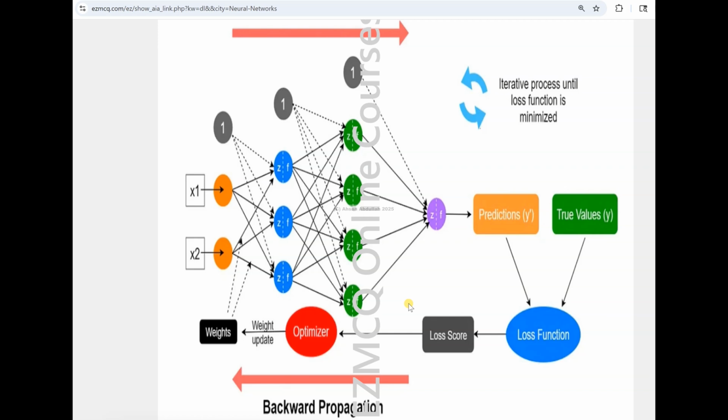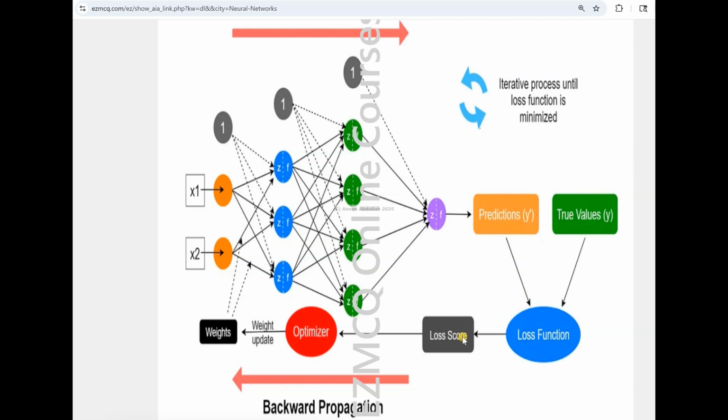So, how does the neural network learn from data? This is the neural network, and this shows the entire process of learning. I will go through all of this. This is a structured training process that involves feeding the inputs, predicting the outputs, and measuring the errors. The loss function measures the error. This is the comparison based on the true value, which is y, and the predicted value, which is y dash. So you have this loss function, then you have the loss score also.